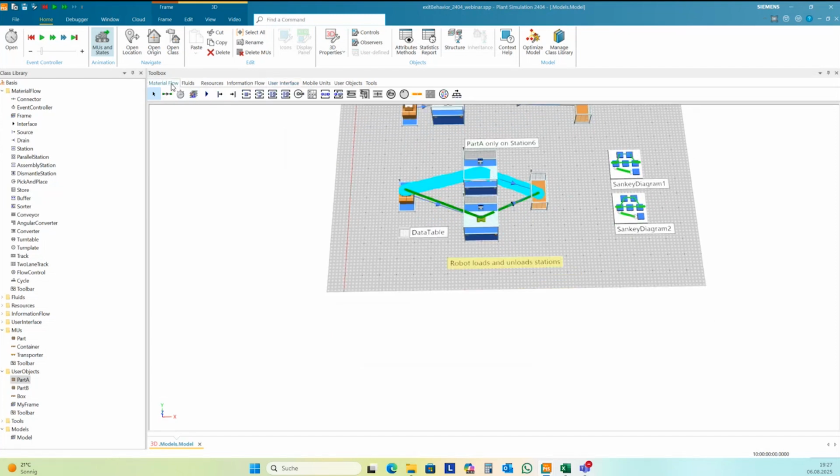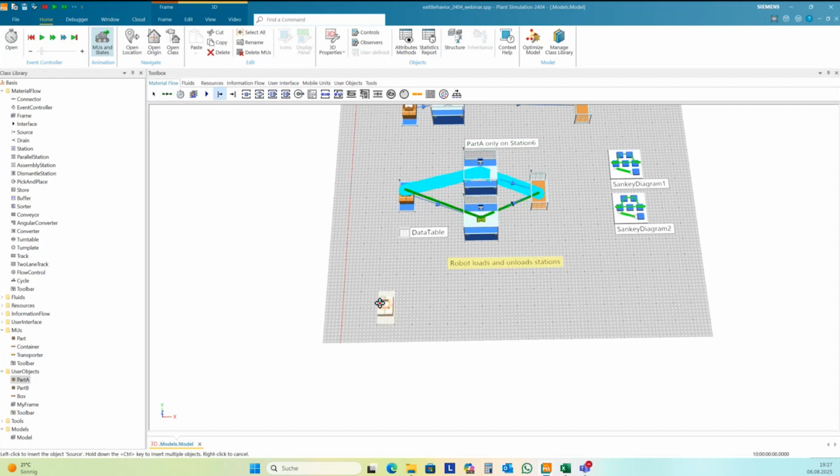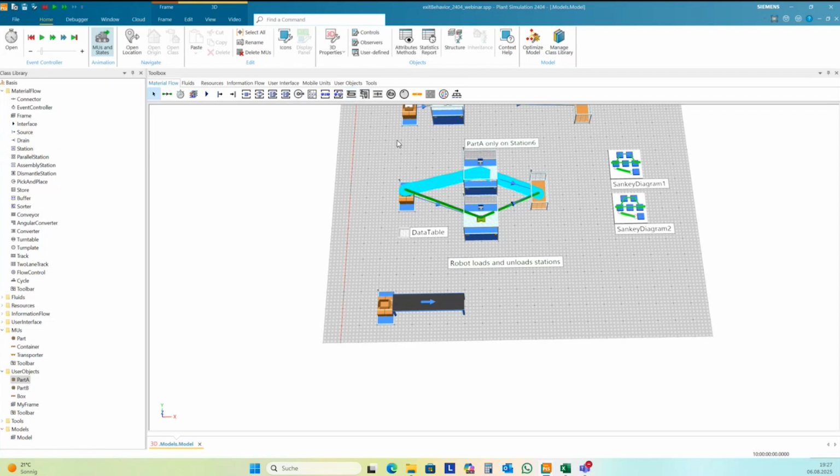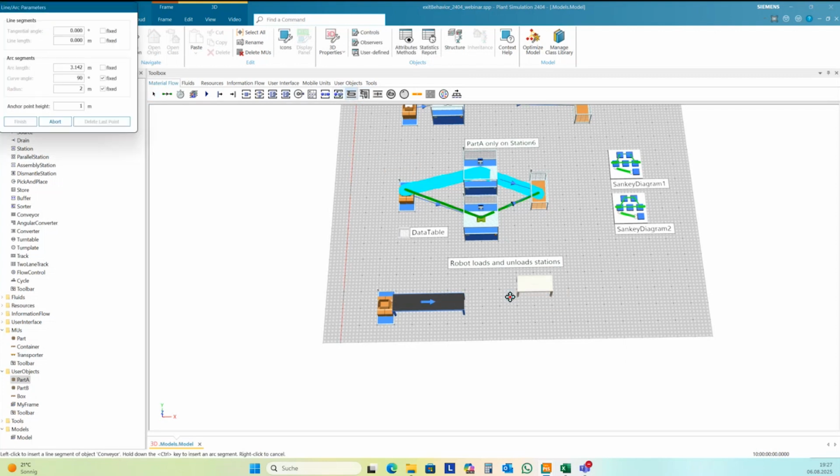Yeah, for this I need a source. I take a conveyor, a second conveyor.